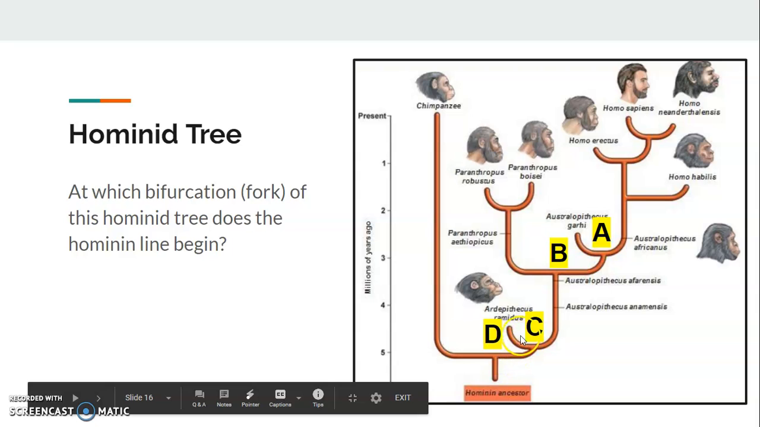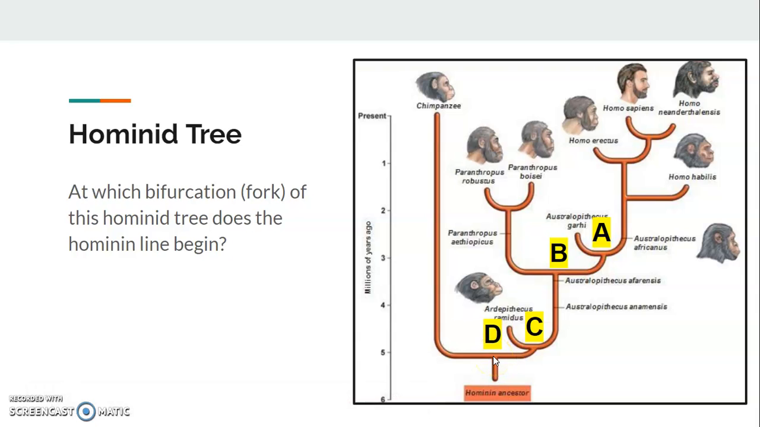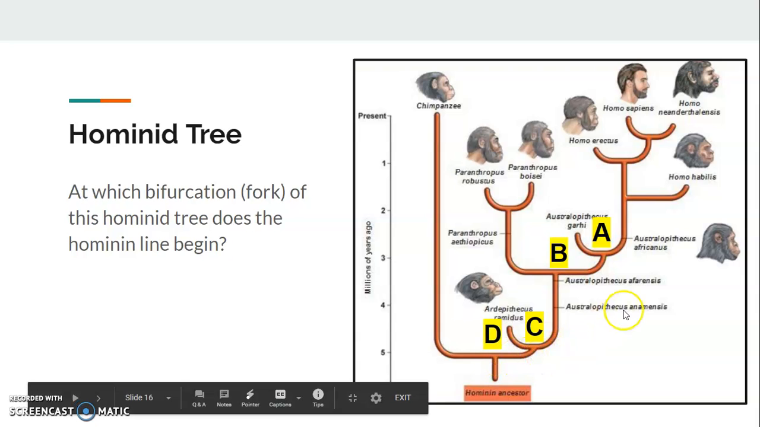But if we say that Ardipithecus ramidus is on this fork here, well, the last common ancestor that Ardipithecus had with modern humans, Homo sapiens, is about 4.9 million years ago. But Ardipithecus and chimpanzee, 5 million years ago. Yeah, so everything along this line